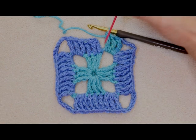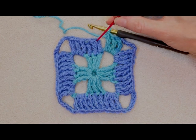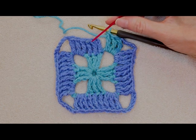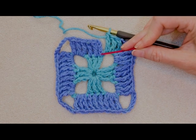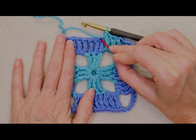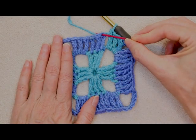And we're just going to be slip stitching to the top of the chain 4. We'll always be doing that. So we're just going to go into the very top of the chain 4. You can count your V's coming up, but I just like to count 1 over from my last actual stitch. Sometimes that V, the first V at the bottom, can be hiding, but it can't hide at the top. So I just go 1 over, right into that spot, and 2 loops of that stitch on my hook to